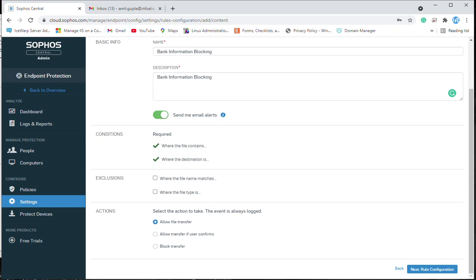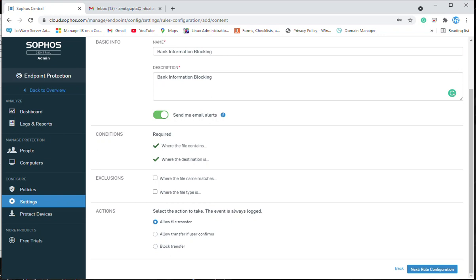Here the conditions are where the file contents are, and where the destination is. This is the default selection over here. And exclusion, if you want to exclude this policy for a specific file name or file type like .pdf, you can put the check to make an exclusion. But in our case, we are not going to make any exclusion over here.